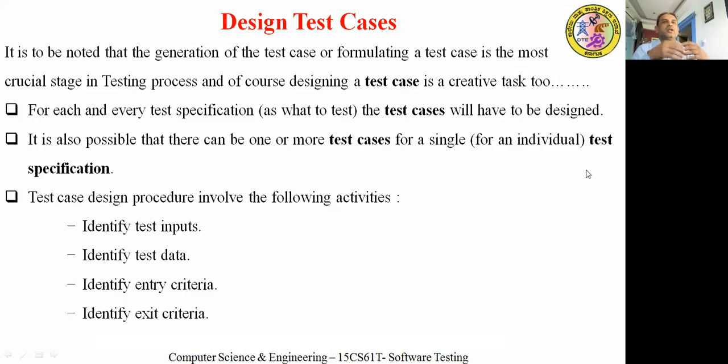What inputs are you going to give? For example, you need to find the roots of a quadratic equation. For a quadratic equation, there are three types of roots: roots will be equal, roots will be imaginary, and roots will be distinct and real. To find all of them, you need to identify three types of input values. When you give these three types of inputs, only then will you get the various outputs. All such things you need to identify. That is what we call the test case: what values you are going to give to generate the output.